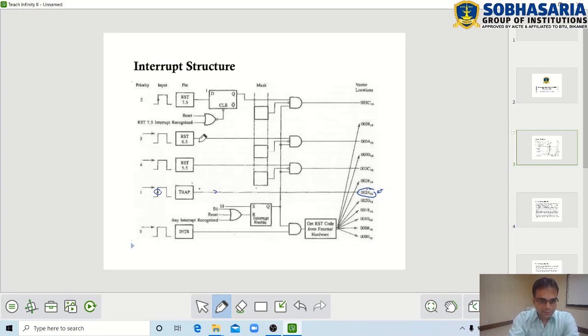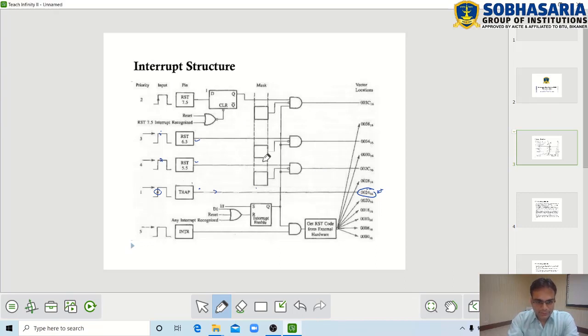Coming next to two other interrupts, RST 6.5 and RST 5.5. These are level triggered, right? Whenever any level pulse is received on these two interrupts, it can be sensed by the CPU.